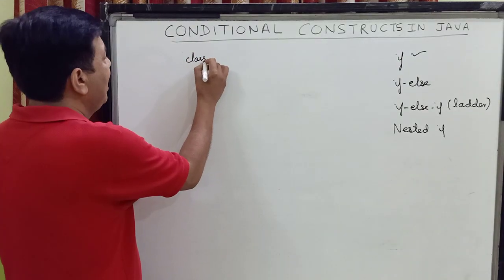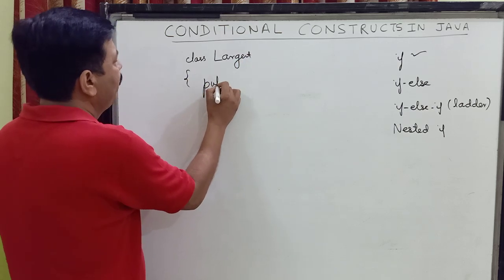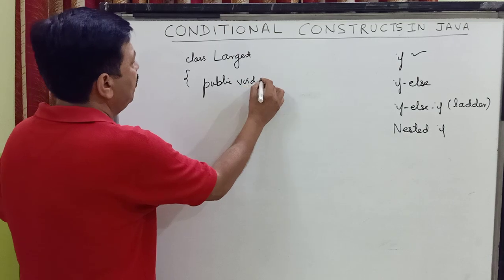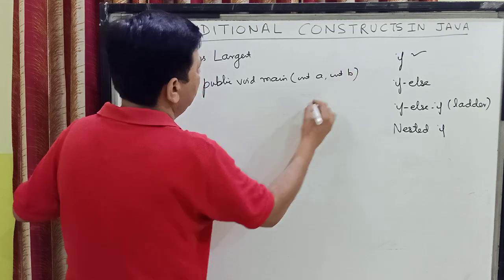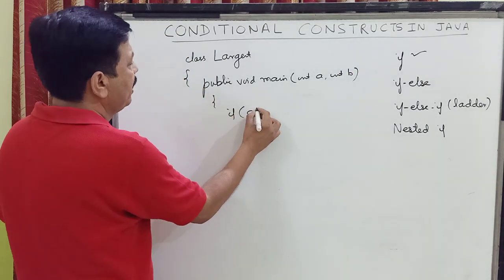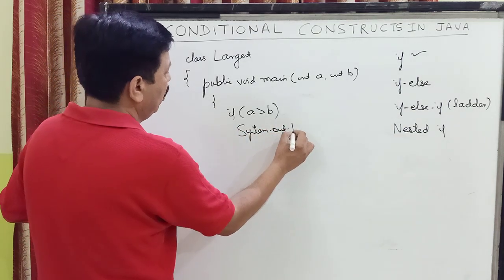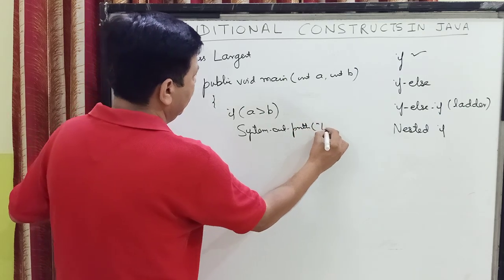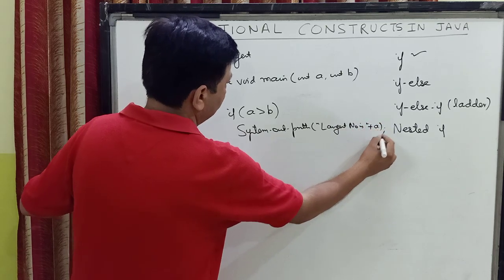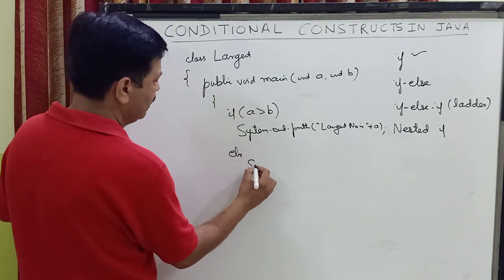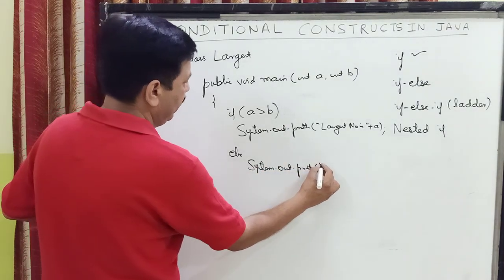So the class again I am writing is Largest. I am going to show you the use of if else through this public static void main. Two numbers are to be entered. I am taking them as int A and int B. Now children, simply I can write if A is greater than B, then I will print System.out.println largest number is A, and with else I write System.out.println